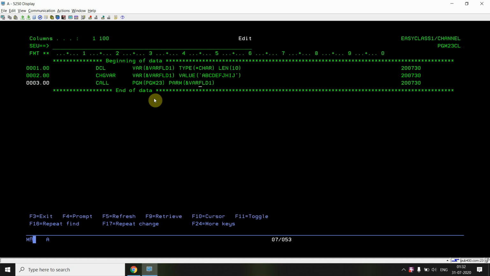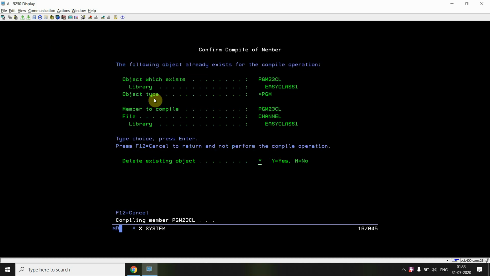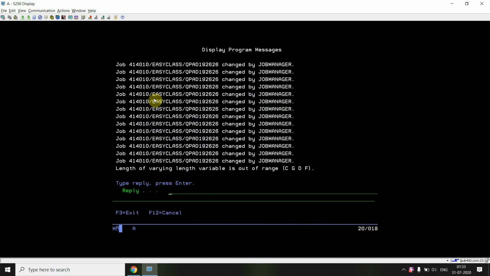So how can I do that? If I just write it like this, compile this program, and then call it, you can see what I get.